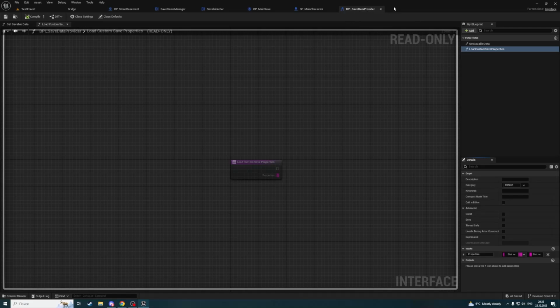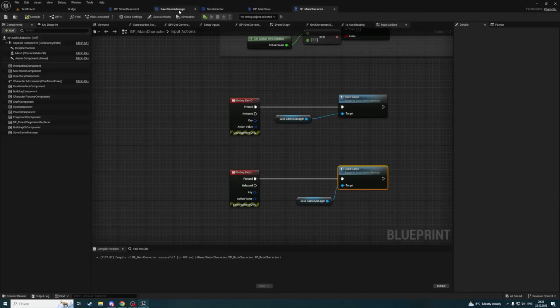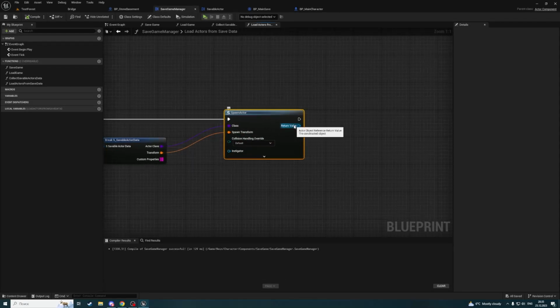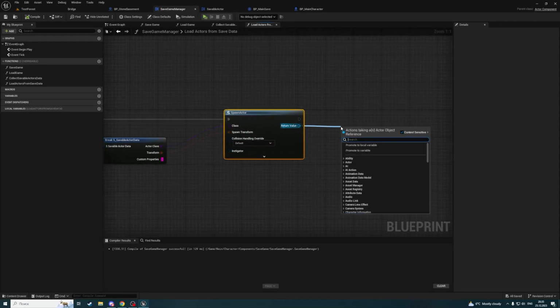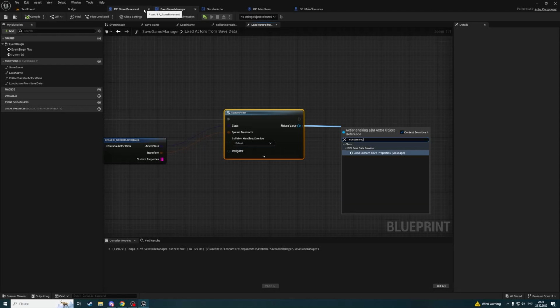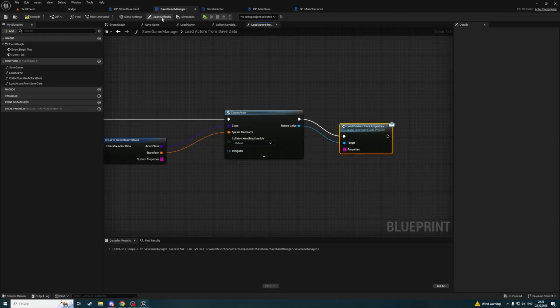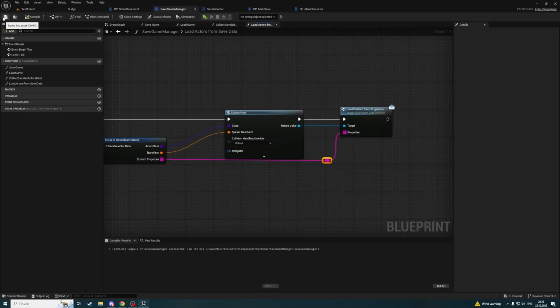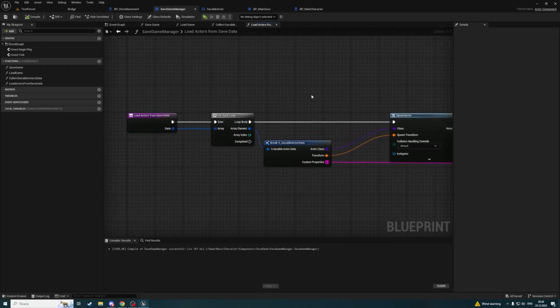Well, now we have this new function, and on save game manager we're gonna get the sector and call this function handle load custom save properties, and here we have to provide these custom properties. Well, for now it will not do anything, but